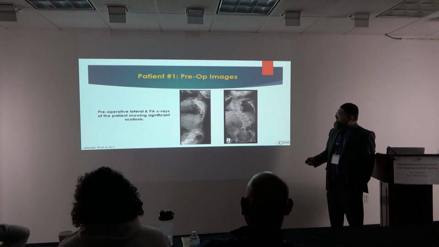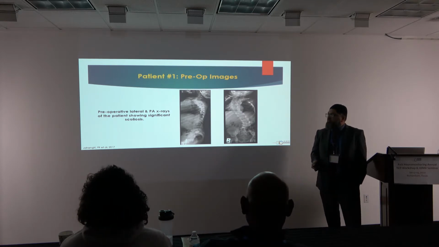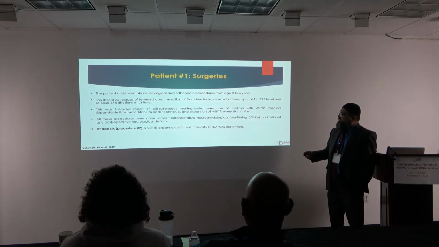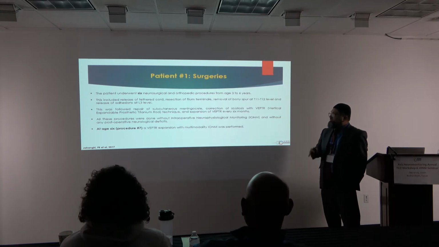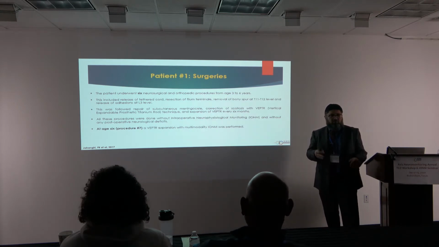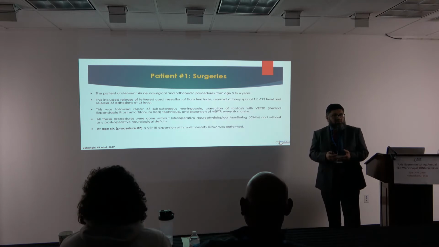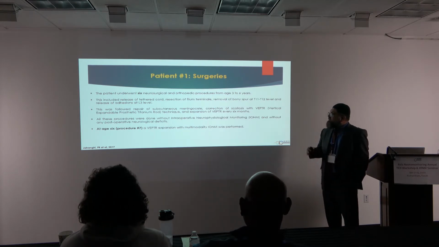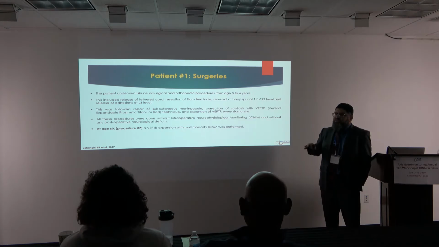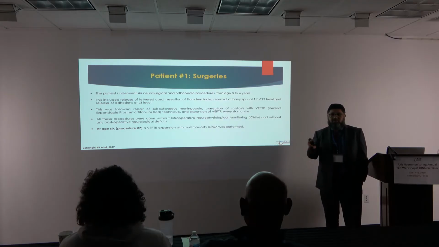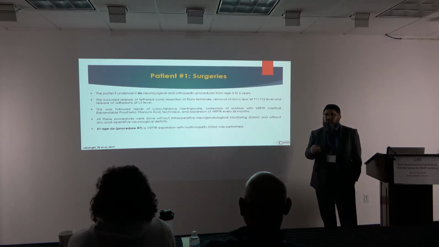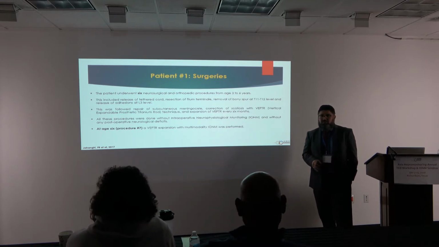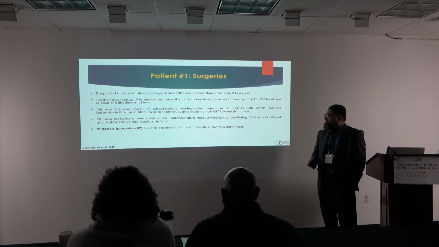This patient had a pre-op X-ray showing a mild scoliosis in a pediatric patient. The patient underwent 6 neurosurgical or orthopedic surgeries between the age of 3 and 6. The patient had scoliosis, went under tethered cord release, then had a growing rod, and every 6 months went under for extension of the growing rod. When I went to that hospital, the patient already had 6 surgeries and came for the 7th surgery. So I got involved in monitoring. There was no monitoring done in the first 6 surgeries, and everything was fine. Patient was okay.